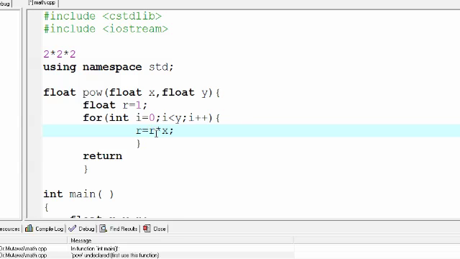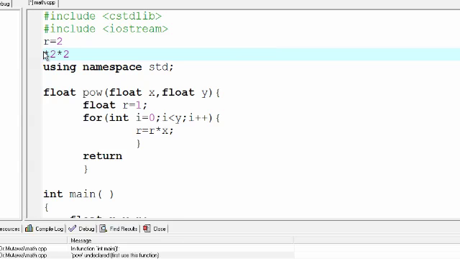Now this will fix it, because at the beginning r is 1, so if this is the first iteration, the first turn into this loop, then 1 times x, if x is 2, then after multiplying by 2, r is 2, and then I just take this out,